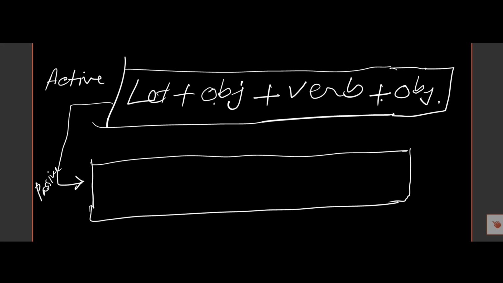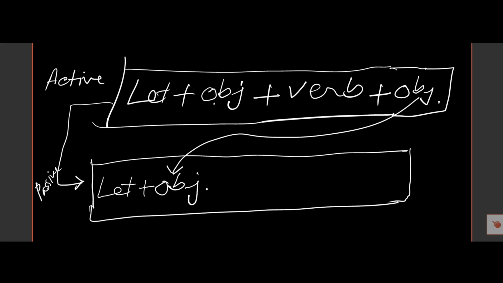If the sentence is in the imperative mood, then we must begin with let in the passive voice. So let, then object will be here, then we must put here be after the object,